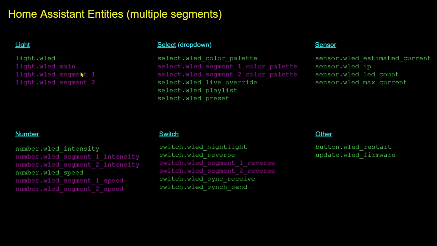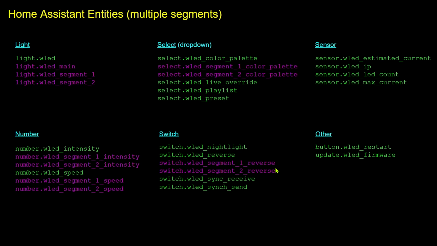First, an additional light entity is created for each segment. This allows you to toggle each segment on or off individually. Now, by default, a main entity is created, which applies to the entire strip, like if you have a single segment. What's more, each segment also has its own entities for things like intensity or brightness, speed, color palette, and